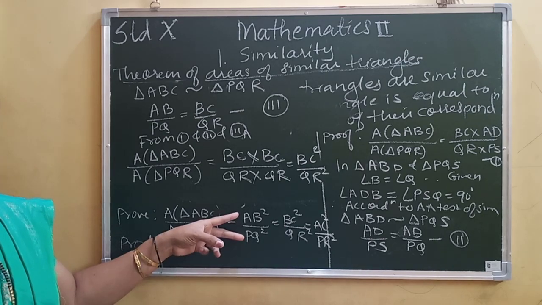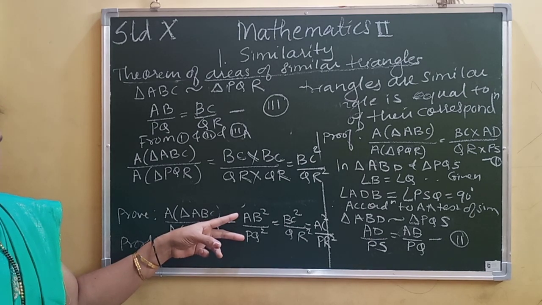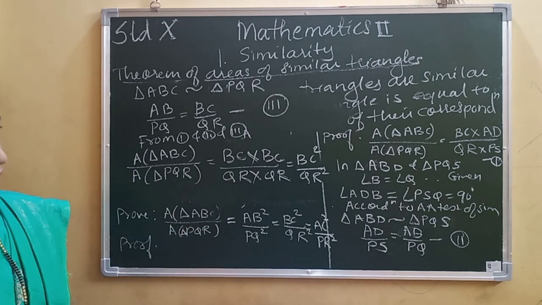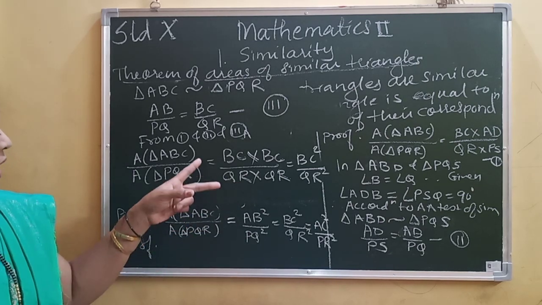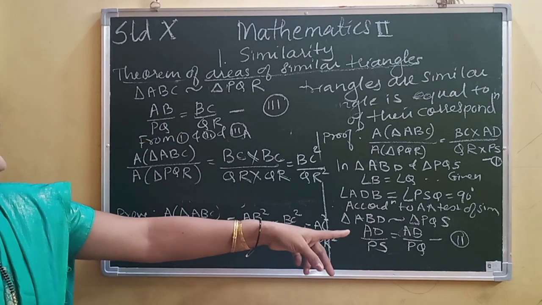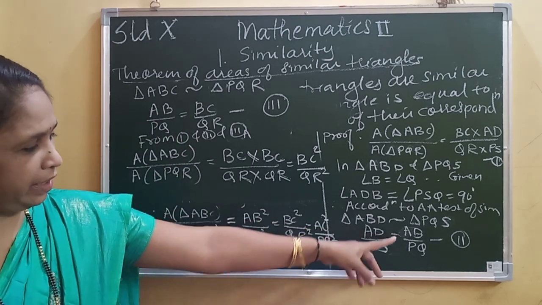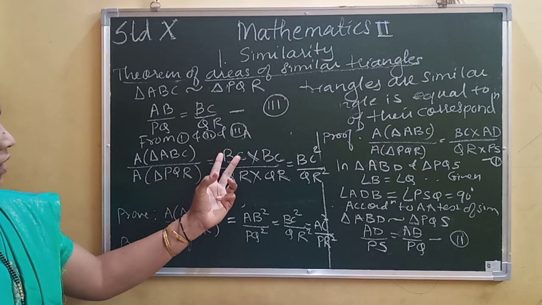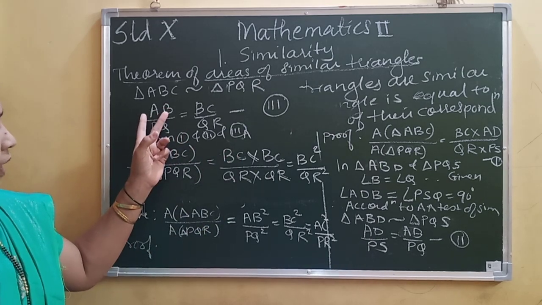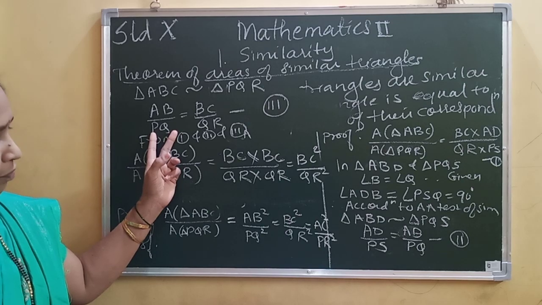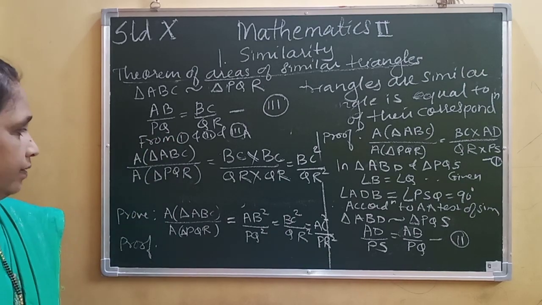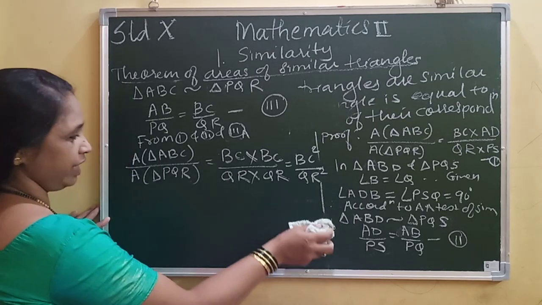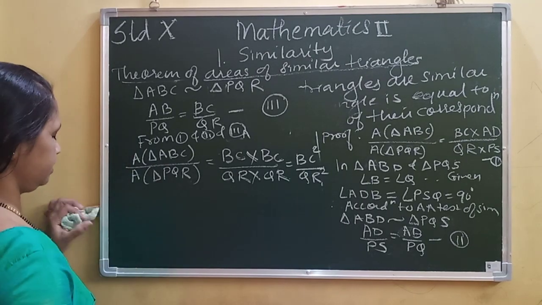Same way we will get this also. Now instead of AD we can substitute AB upon PQ. Now BC is what again? AB. So AB upon PQ we will get. So again we will get that side. Now see how remaining sides also, similarly we can do it for other sides.